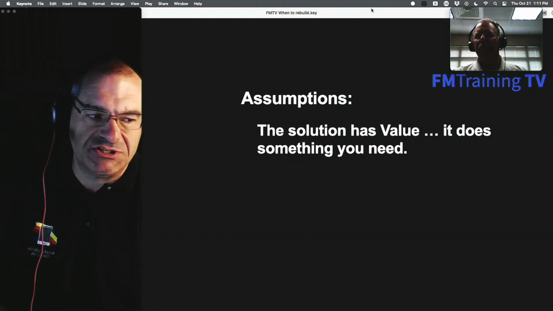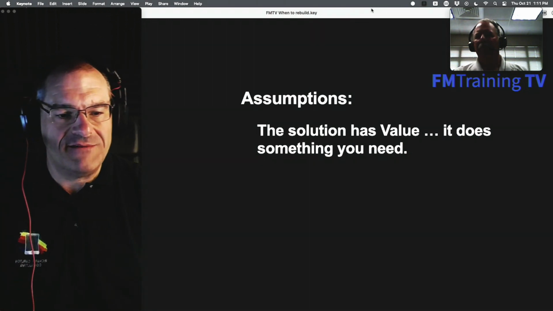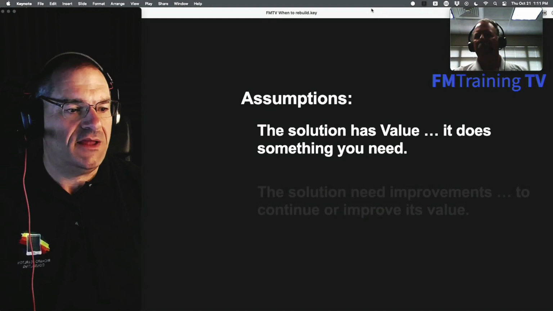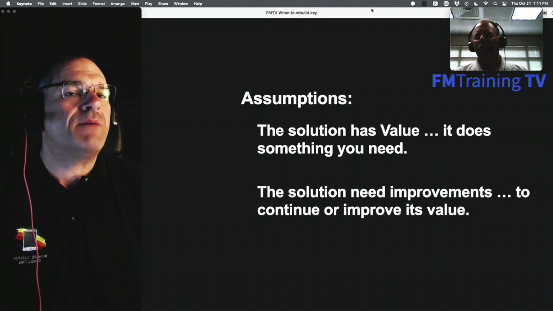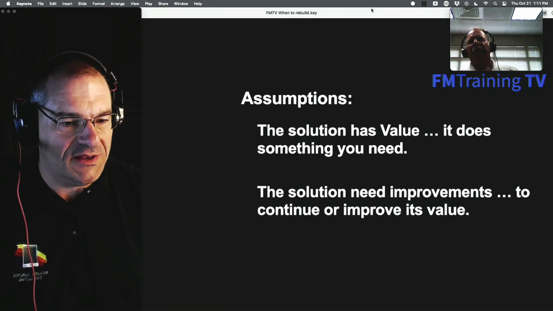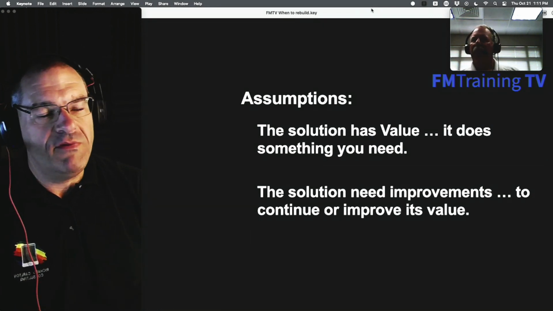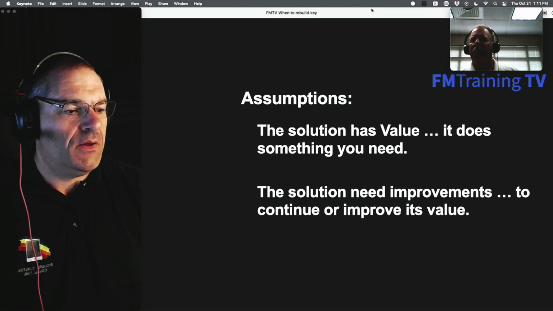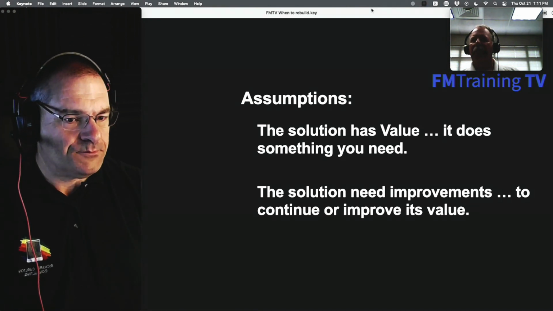Somehow the customer is using a solution and it does something valuable, something they need to have done, right? And the second part of this is that the solution needs some sort of improvement, right? Either it needs to go faster or it's missing some capability, and you need to improve it, right? Now,